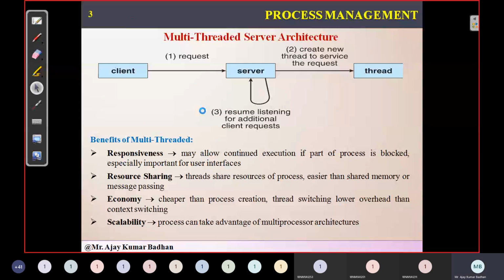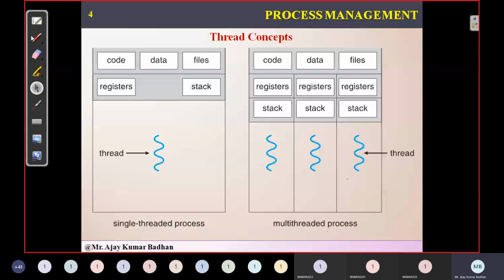So this is the definition. These are the diagrams related to your thread. Every thread will have its own resources from the parent. Within the resources, whatever these threads are going to get is nothing but code. I think we already discussed this in the previous session related to your OS. Every process will have a program. So we have something called the text section, and something called the data section.